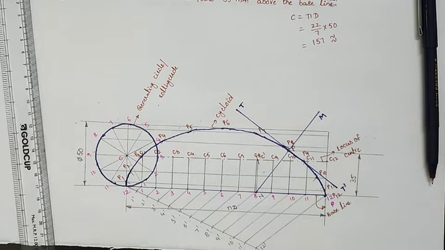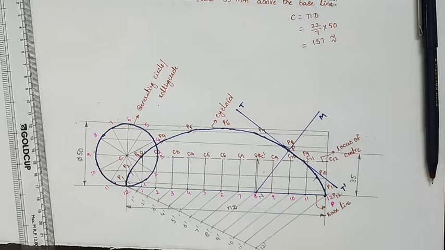After drawing, if you draw a line from the center, that line we can call the locus of center line. From the points on the baseline, now we will draw vertical lines up to the locus of center, locating C1, C2, C3 up to C12. Now we select the radius of the rolling circle, or the radius of the base circle, as 25 mm, because the circle diameter is 50. C1, C2, C3 and C4 up to C12 are the centers.